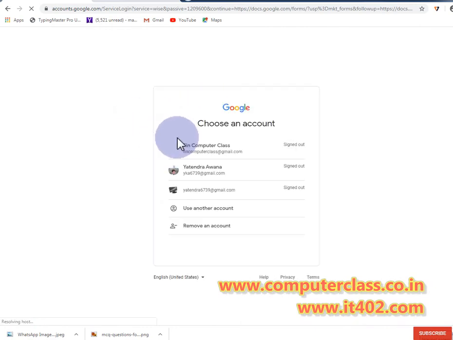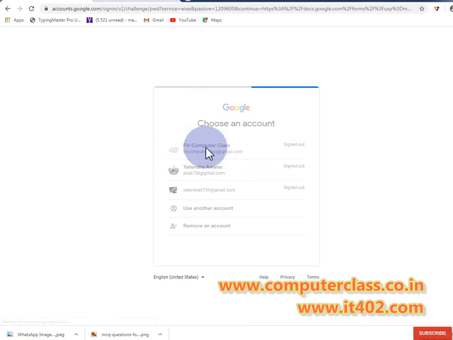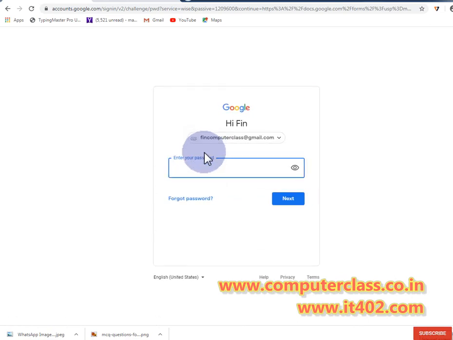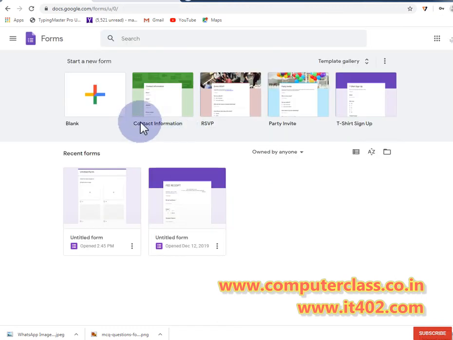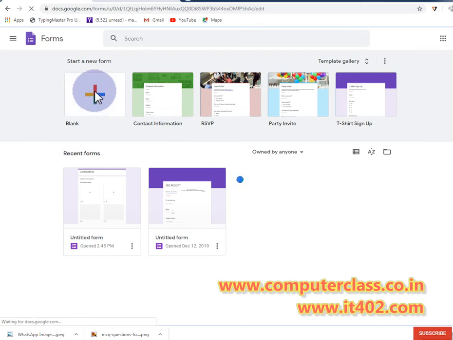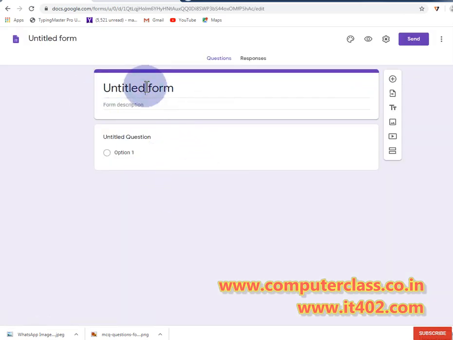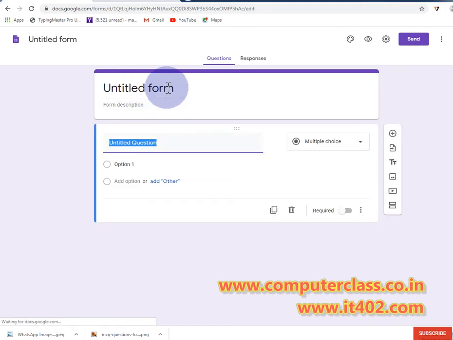Log in with your Gmail user ID and password. Now click on blank sheet or blank Google Form. Write something at the top.